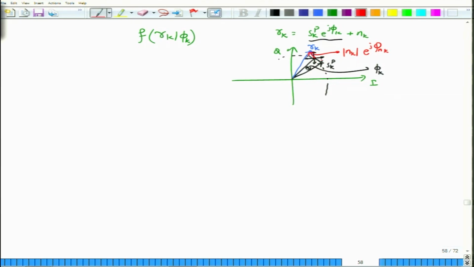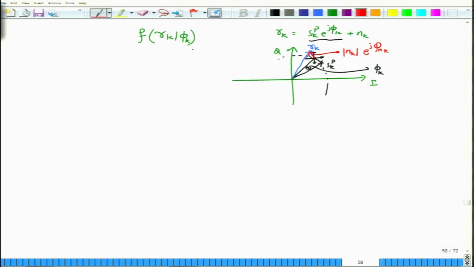As long as phi k and n k are reasonably within their limits, I can look at r k, find out what s k is, look at the distance, and be reasonably assured that I am in the right decision space. But in case the phase phi k is larger, then this received vector r k would go into a different quadrant, and then you may not be correctly estimating the phase, because if you estimate the phase to be smaller and different, then it will not bring it back to the actual constellation that you have transmitted, and therefore you will start making errors. Anyway, this is the vector picture of this one. Keep the vector picture in mind. We are going to return to the vector picture shortly after we write this equation.